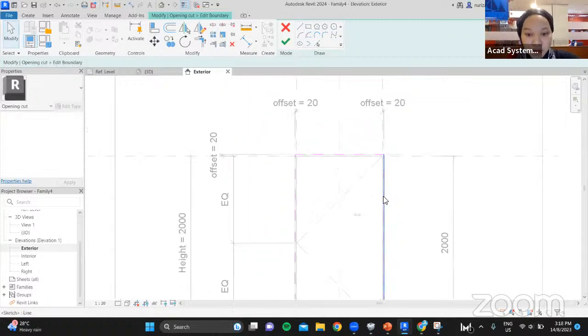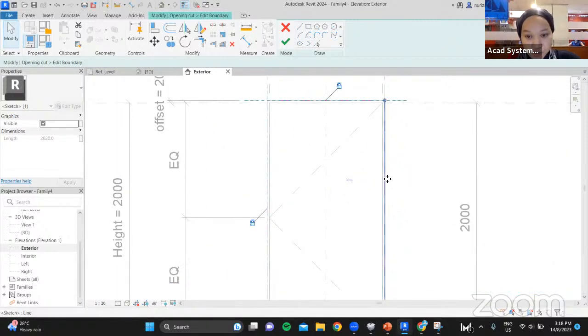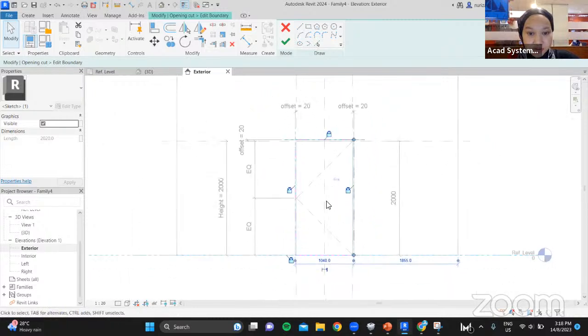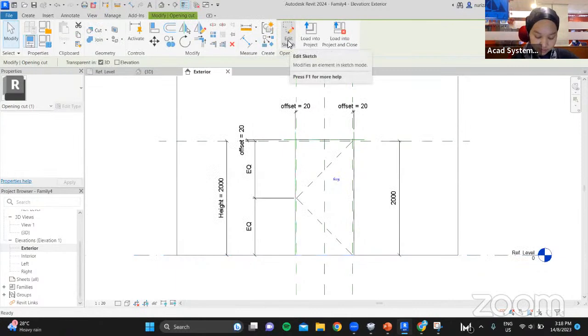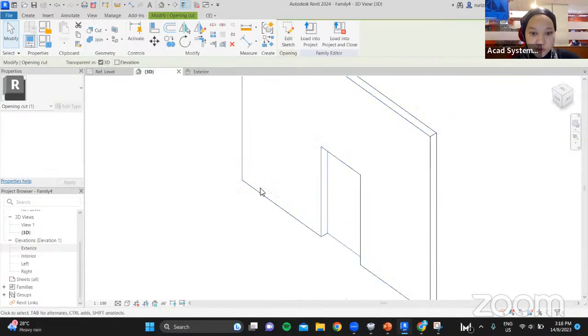Let's say here, I cannot lock this boundary because the symbol kind of disappeared. To show it back, I can just drag this, or we can just use a line, and then we lock the boundary and click on finish. All right, so now if we go to the 3D view,